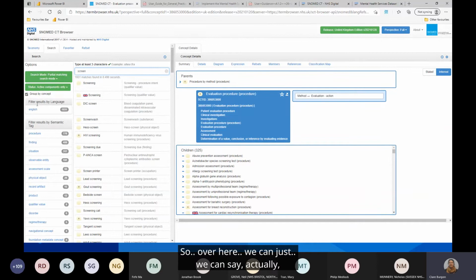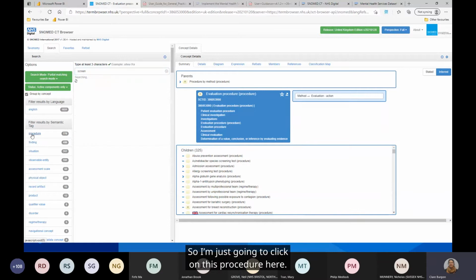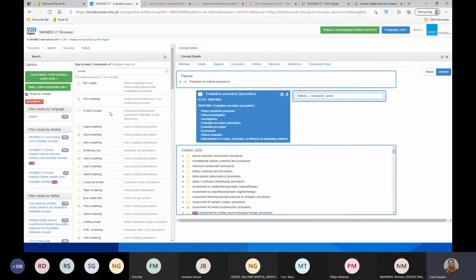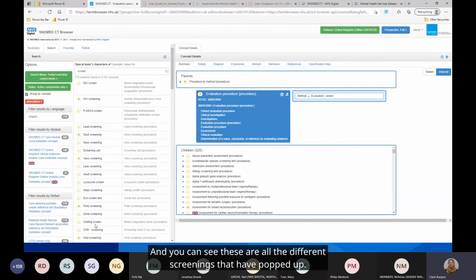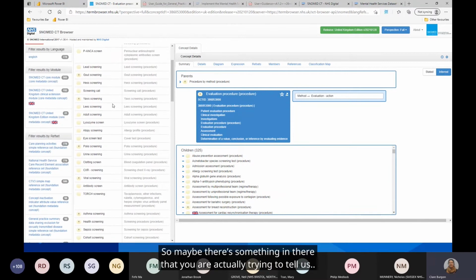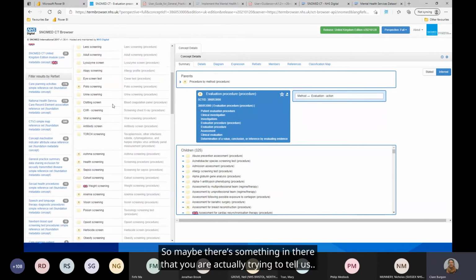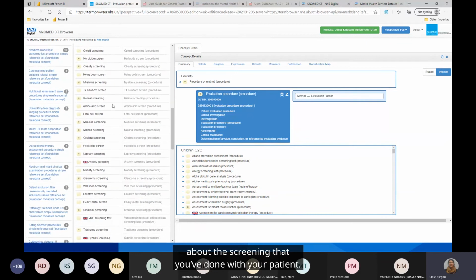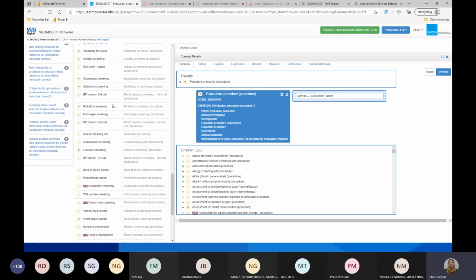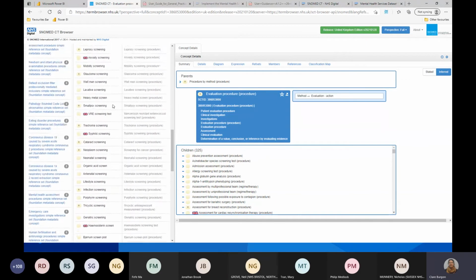Over here, we can say actually I'm only interested in things from a certain hierarchy. So I'm just going to click on this procedure here, and you can see these are all the different screenings that have popped up. Maybe there's something in there that you are actually trying to tell us about the screening that you've done with your patient. There's quite a lot.